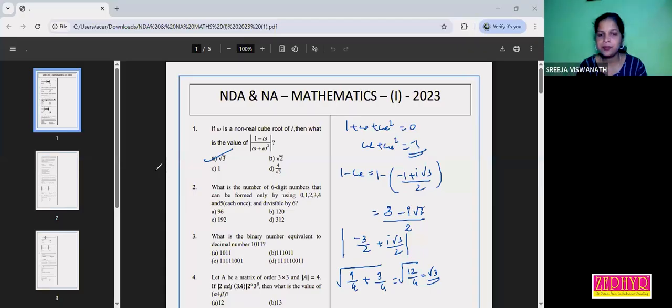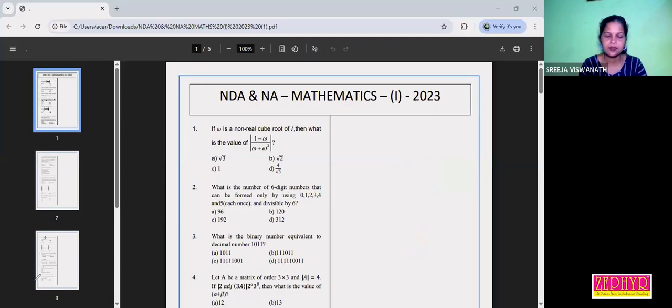Now the next question. Question number 2. What is the number of 6-digit numbers that can be formed only by using 0, 1, 2, 3, 4 and 5